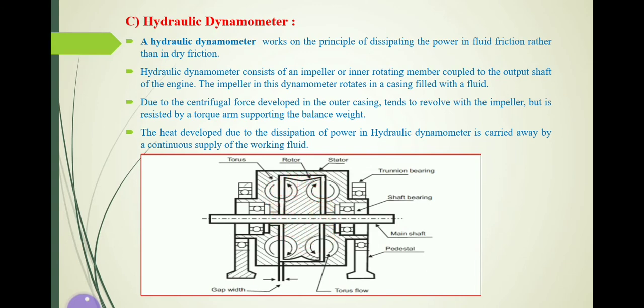At one point it will happen that this rotor is going to be completely stopped if we increase the pressure of the liquid. That amount of pressure which is applied, we are able to measure, and by using that we are able to find out the amount of power which is applied to stop the rotor, and that power we can call the brake power. So in this way here also we are going to stop the main shaft, but here we are using the hydraulic energy of the liquid. That's why these types of dynamometers are called hydraulic dynamometers.